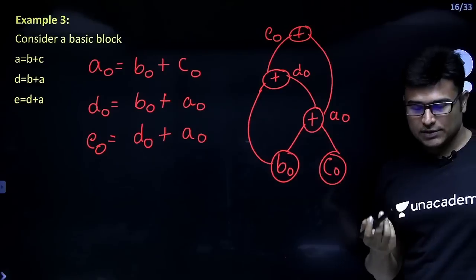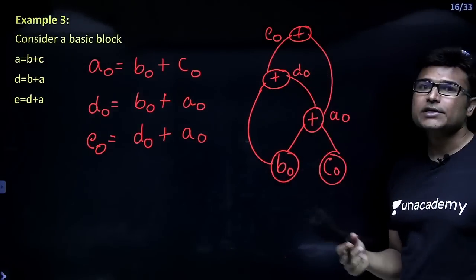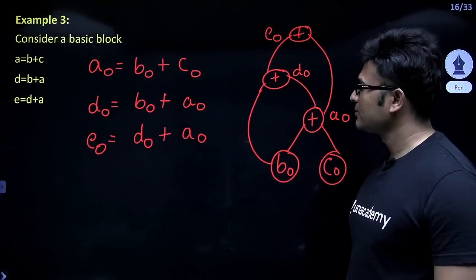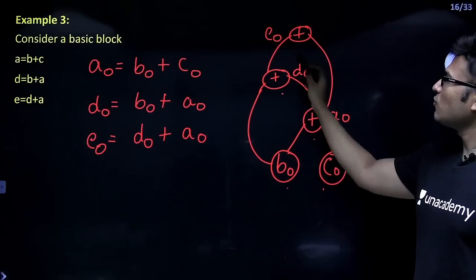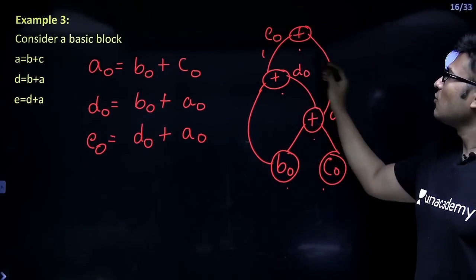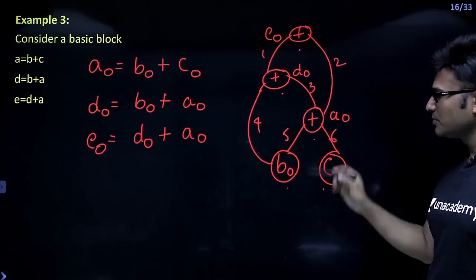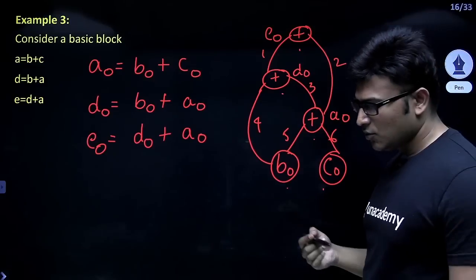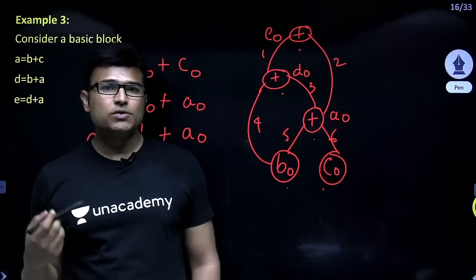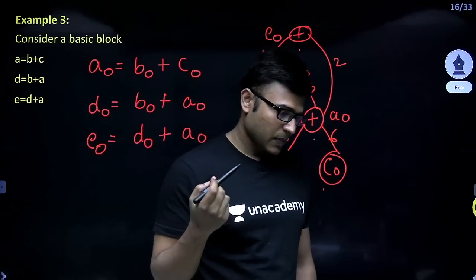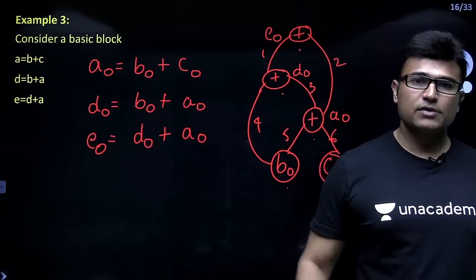So now the questions can be like, what is the number of nodes and what is the number of edges? You can do that. The number of nodes are 1 2 3 4 5, and the number of edges are 1 2 3 4 5 6. It is pretty simple. We are going to create a node if it is not already present, and we are going to reuse a node if it is already present. If it is not present, we are going to create it.